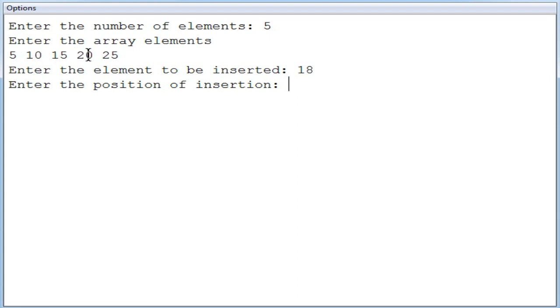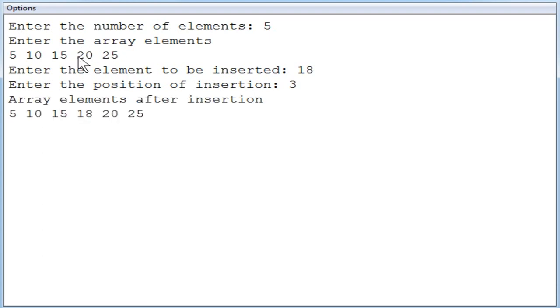In the third position I am going to insert 18, so I am entering 3. Now 25 will be moved to its next position and 20 will be moved towards its right, so that this space will be empty. Once you press enter, you can see that the value 18 has been inserted in the third position and the remaining values have been shifted towards its right.